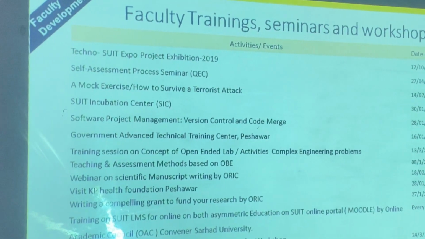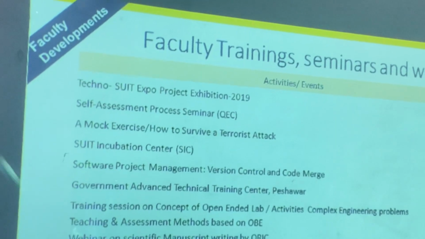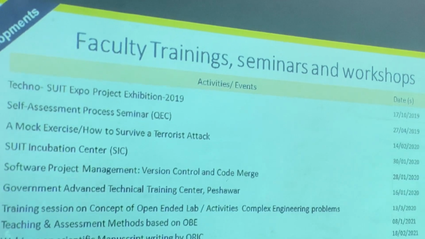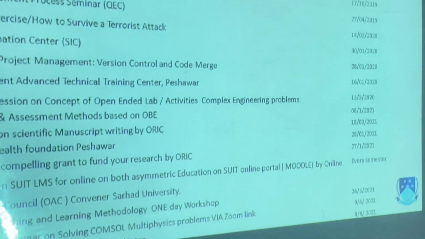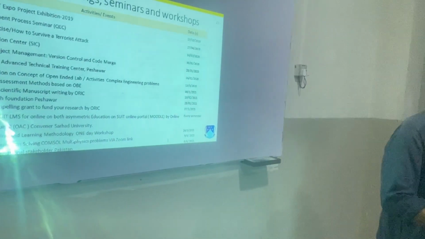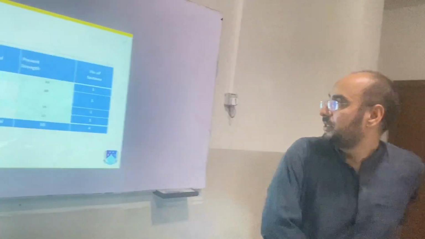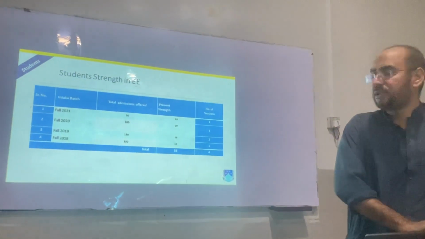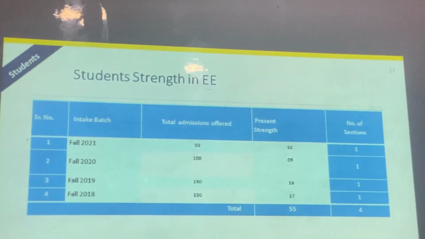These are the activities of the faculty and training. So we will be eliminating these old trainings and incorporating the new training as well. We have done many trainings, five to six, so we will incorporate them in this slide. This is the student record, as mentioned earlier in our student-teacher ratio.